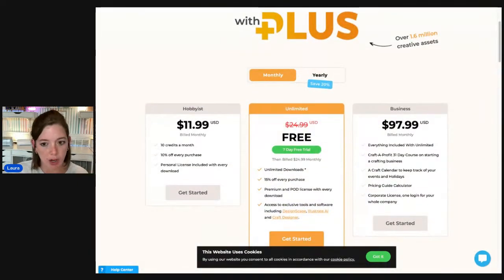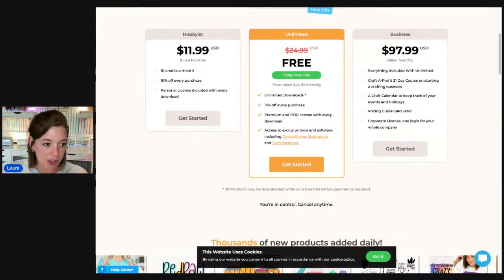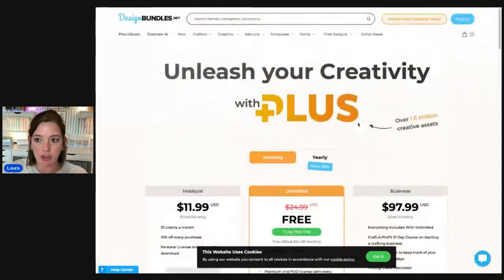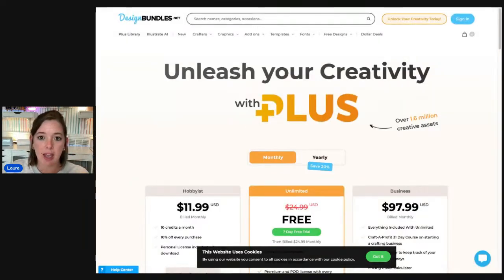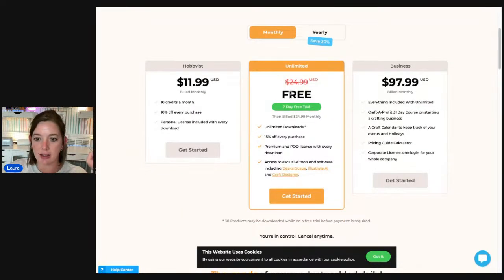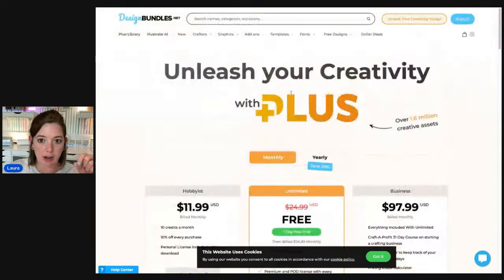You can just cancel it when you're done if you don't want to keep going. I do recommend you keep going because you're going to love it. It's going to be awesome. But to be able to access the portal, which is free today, go ahead and create a free account. So go ahead and do that. And then if you want to cancel it, feel free. You're not tied to anything. And that's going to get you in on the back end.